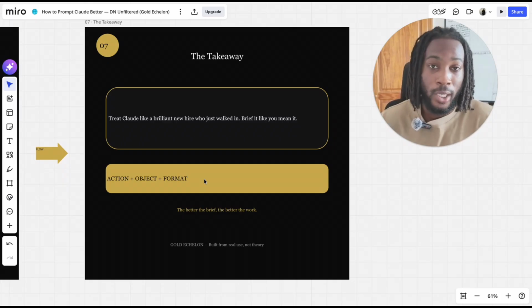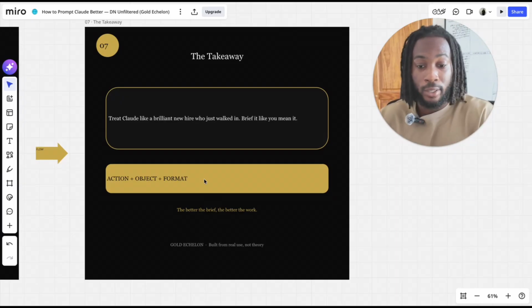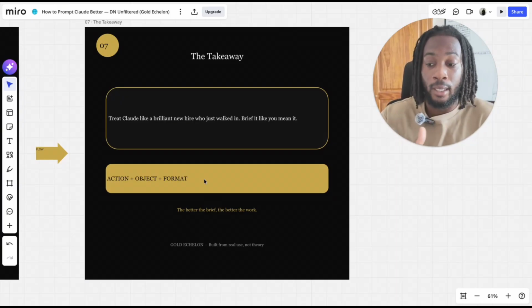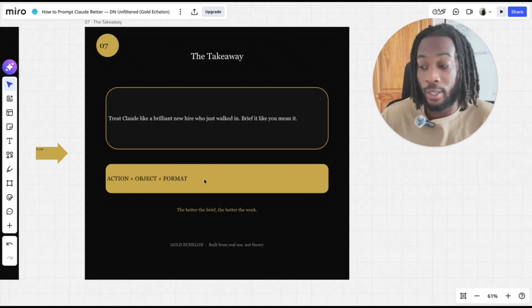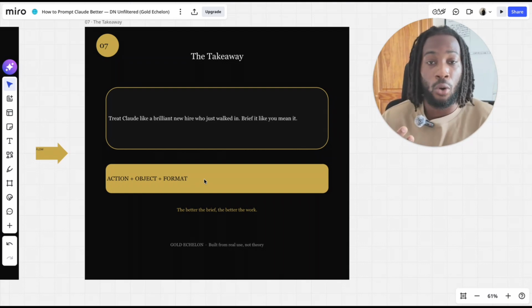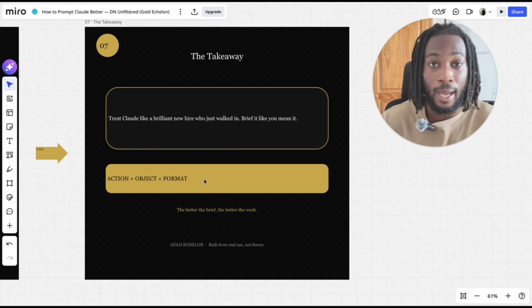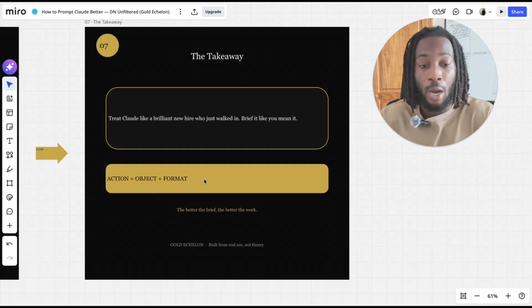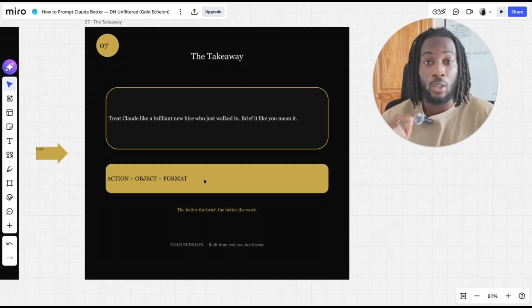And most importantly, do not leave this video without remembering this formula. Action, object, format. Action: give me X in X format for whatever it may be. So let's say, as you saw earlier, give me 5, which is the action, 5 hooks for my TikTok account, and I want it in a Google Doc format. Bang, just like that. And from watching this, I promise you, you'll see your output on Claude improve by 10 to 15%. And alongside that, you'll be able to start being more efficient and you'll start to get closer and closer and closer to your goals.